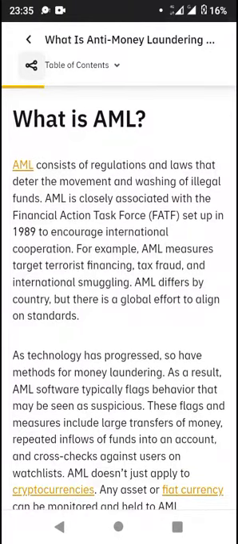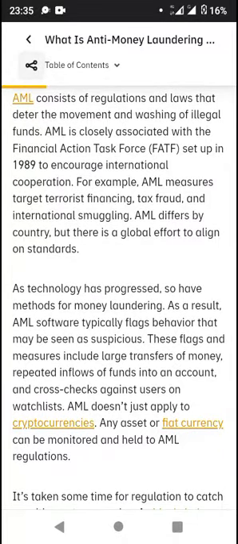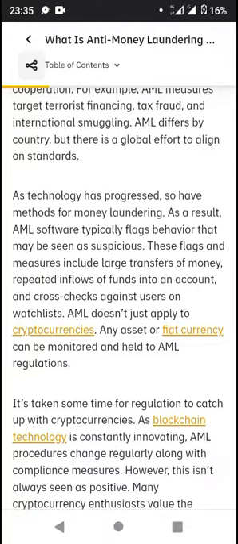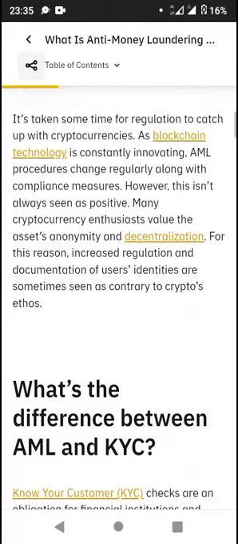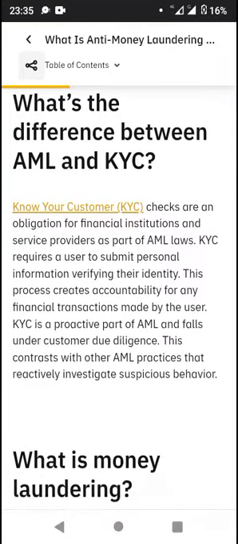AML is closely associated with the Financial Action Task Force (FATF), set up in 1989 to encourage international cooperation. For example, AML measures target terrorist financing, tax fraud, and international smuggling. AML differs by country, and there is a global effort to align on standards. So, the difference between AML and KYC: KYC checks are an